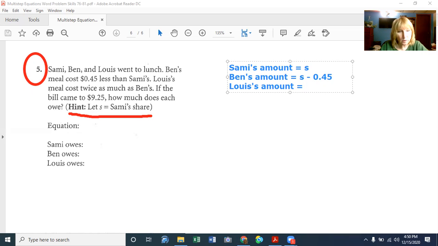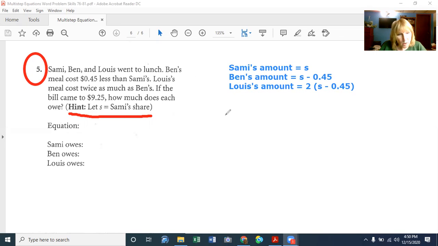Louis's amount is equal to twice Ben's. So twice is 2 times. 2 times what? The quantity of Ben. Ben is S minus 0.45. So that's a little bit tricky. Once you get that all set up, and you know who's got what amount, what formula is going to work for each,